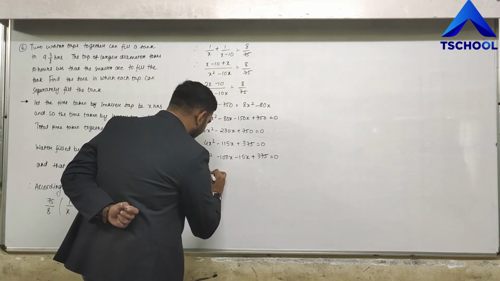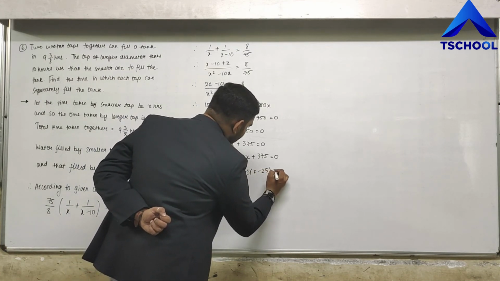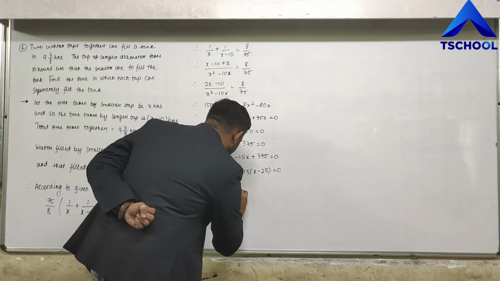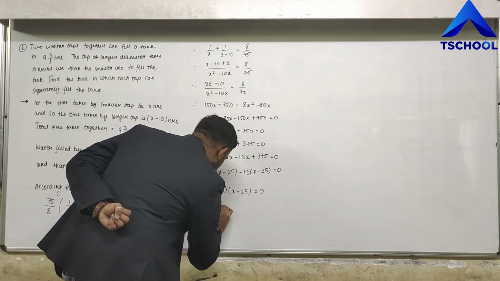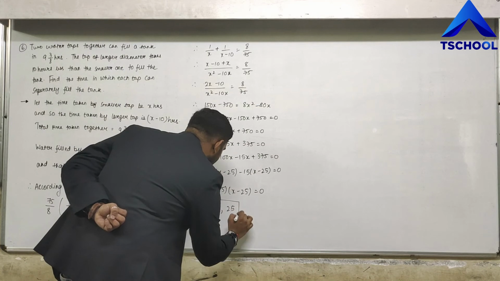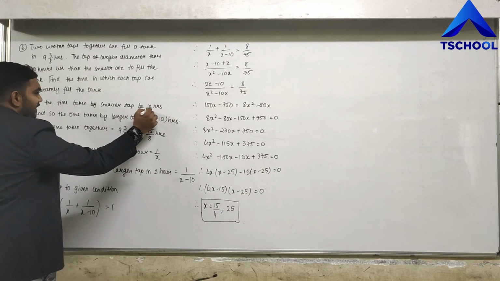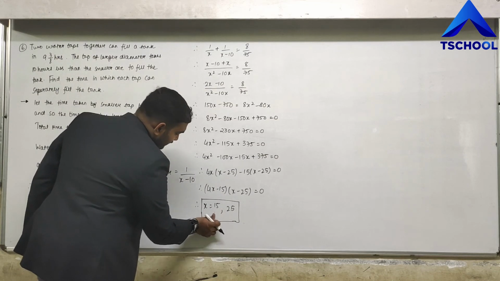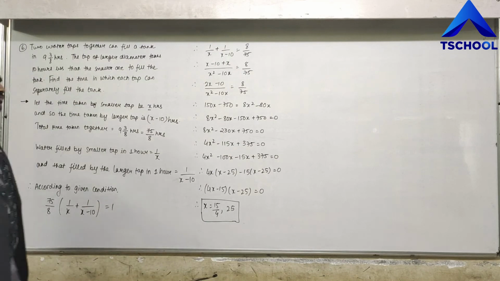So what you can take out common? 4x into x minus 25 minus 15 into x minus 25 equal to 0. That is 4x minus 15 into x minus 25 equal to 0. Therefore, x equals either 15 by 4 or 25, right? But see friends, x equals 15 by 4 is not possible. Why is it not possible? Because the time taken is in hours, and this 15 upon 4 will give me some decimal answers, right? That is actually not possible. So because here only the integral values of x are possible,